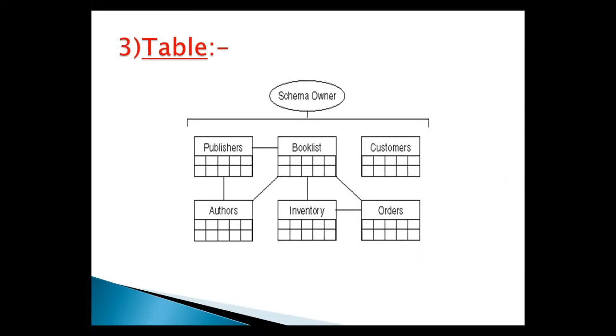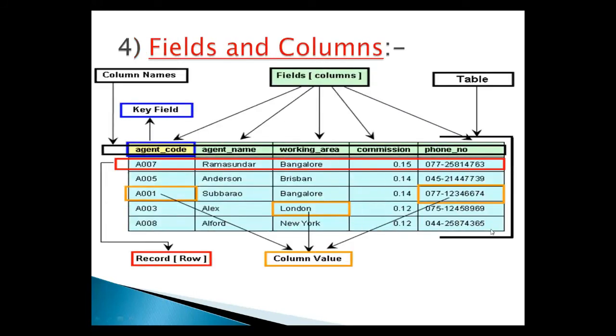Third is table. What is a table? A table is the primary unit of physical storage for the data in a database. When a user accesses the database, a table is usually the reference for the desired data. Multiple tables comprise a database. Therefore, a relationship exists between tables because tables store data. A table requires physical storage on the host computer for the database. This is the table. Now, number four is field and column.